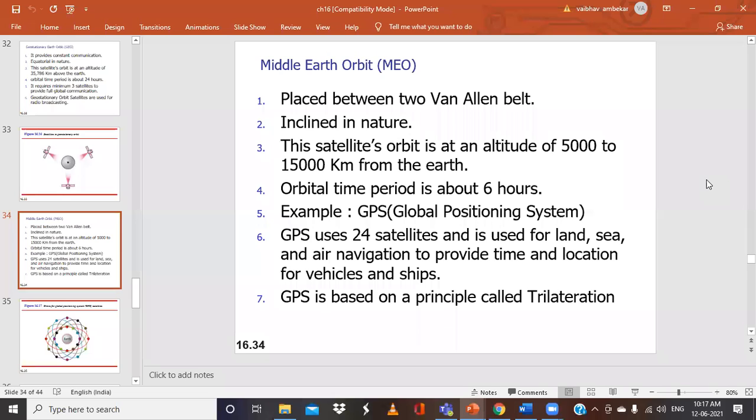So how does this GPS system work? It works based on the concept called trilateration. How will we get to know our distance? For example, if you type in a route from my place to Bangalore, it will show approximately 500 kilometers. So how does it calculate the distance, or show the route map? It is based on the principle called trilateration.